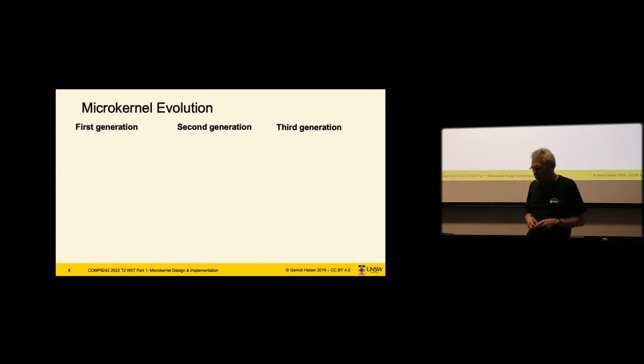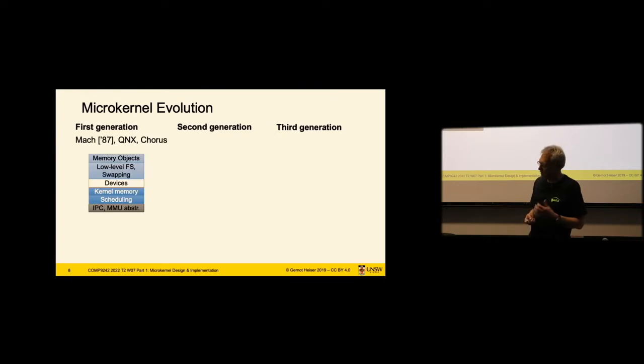So to be a bit more specific on what was driving this evolution of these multiple kernels, it was really looking at what had worked and what had not worked well. In particular, these first generation kernels, Mach was one of them. There were a large number of them at the time. Some of them are still around. QNX is still used. It's strong in the transport system and automotive industry, which uses QNX a lot. Chorus was